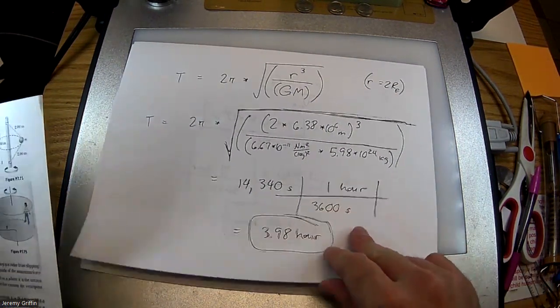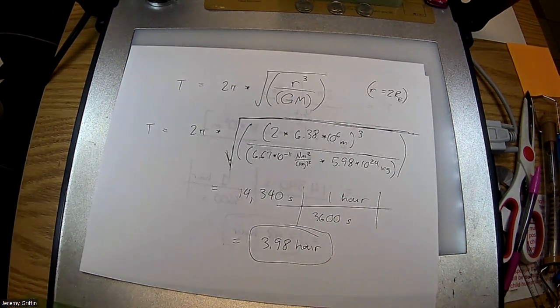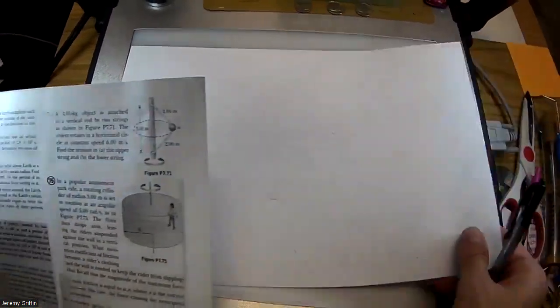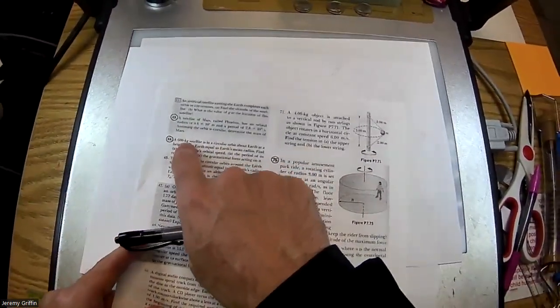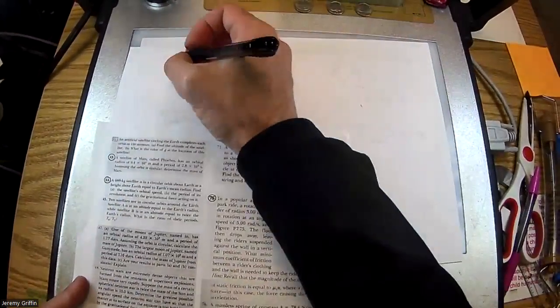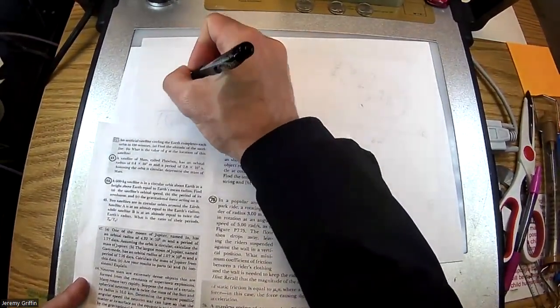Oh, there is one more part. It says, what's the gravitational force on it? And if you want to know gravitational force, you have to know the mass of the satellite. Actually, they do give you the mass of the satellite. I just haven't used it yet because it's canceled out so far. So 44 part C,